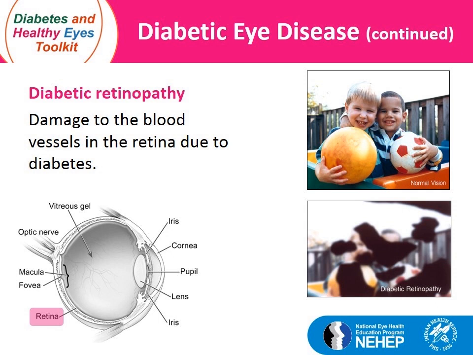It's important to remember that diabetic retinopathy has no early warning signs. Many years can pass before a person with diabetes can notice changes in his or her vision. In fact, the longer a person has diabetes, the greater his or her chance of developing diabetic retinopathy. If left untreated, diabetic retinopathy can cause severe vision loss and blindness. The earlier you receive treatment, the more likely treatment is to be effective. And the good news is that 95% of blindness from diabetic retinopathy can be prevented through early detection, timely treatment,